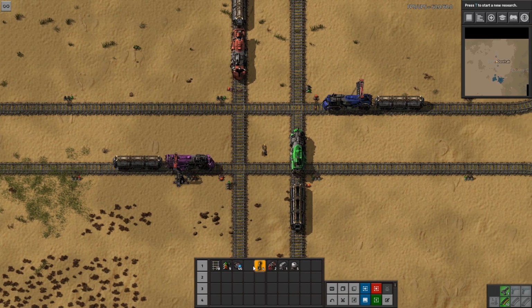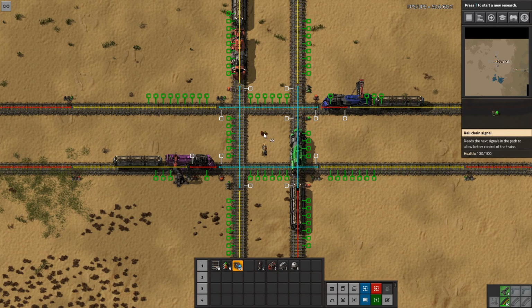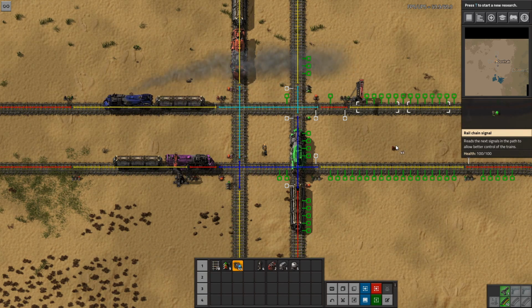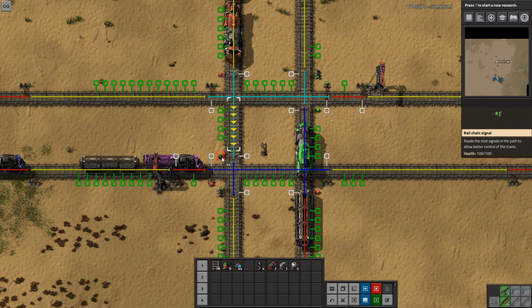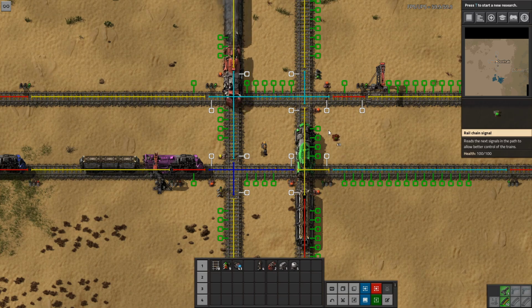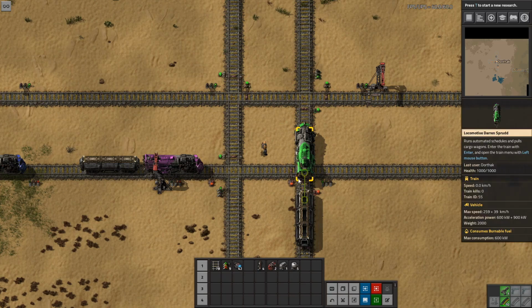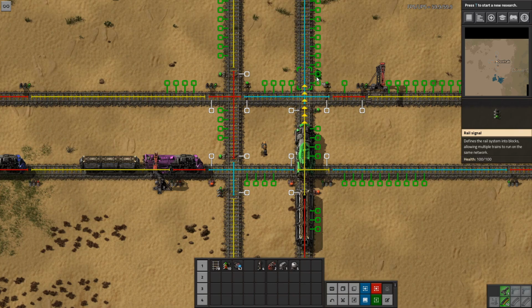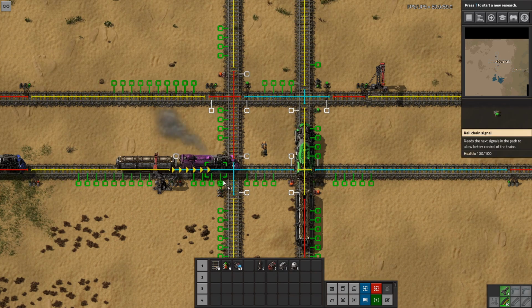So, if we subdivide it by placing a chain signal right here and another one right here, we've now cut that block in half, and that train can go on its merry way. In general, the chain signal should go as close to the intersection as possible because you want to stop the train just short of hitting the next one. You also want the exit to be as close as possible because you want the train to clear as quickly as you can and free up the...